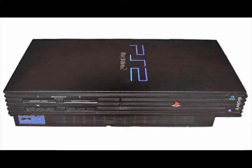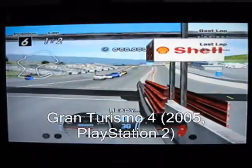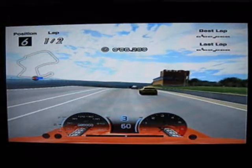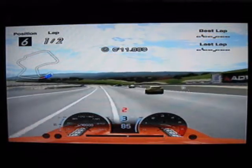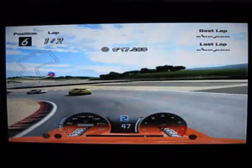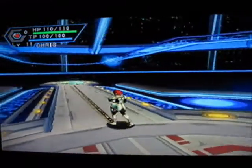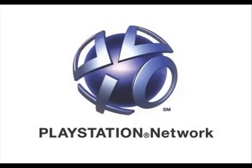The 6th generation, from which I own a PlayStation 2 and Sega Dreamcast, saw more advances in graphical capabilities, although they were slightly more subtle than those seen in the previous generation. Whereas many PS1 games look dated and pixelated today, most games from this era hold up pretty well today in the graphical department. This period saw the advent of online multiplayer gaming. You no longer had to actually meet up with friends to compete against them. The Dreamcast, though a commercial failure, introduced this innovation, which was used in games such as Phantasy Star Online. Of course, this concept has proved extremely popular in recent years, with services such as PlayStation Network and Xbox Live,